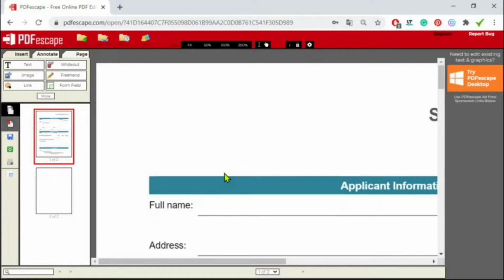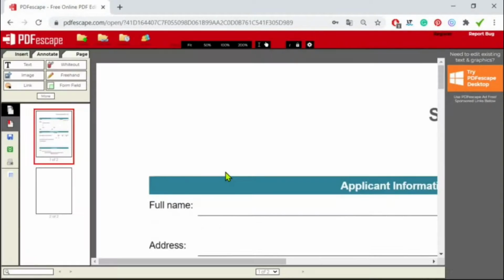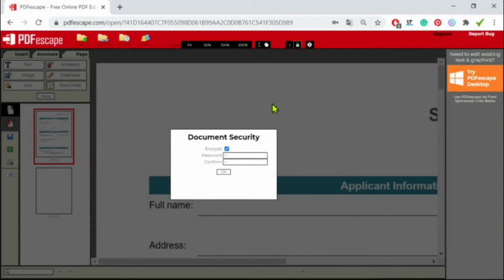If you want to change the restrictions, just click on the lock icon again and add a new password. Or go back to the lock again and leave it all blank if you want to remove the restrictions completely, which is what I'm going to do because this is not exactly a very important document.